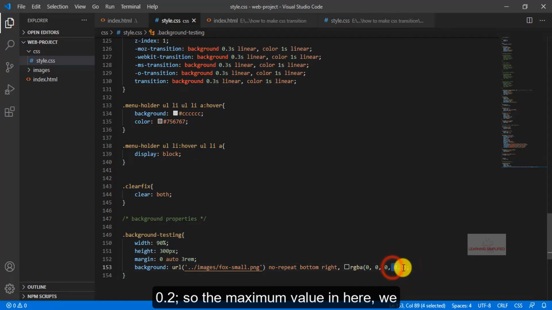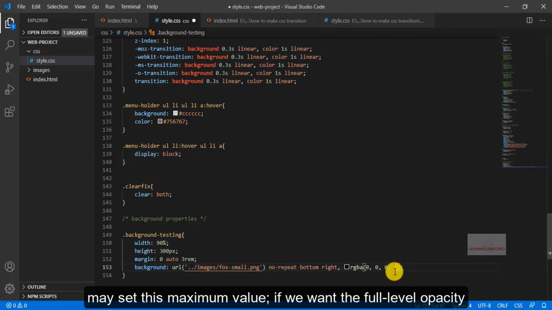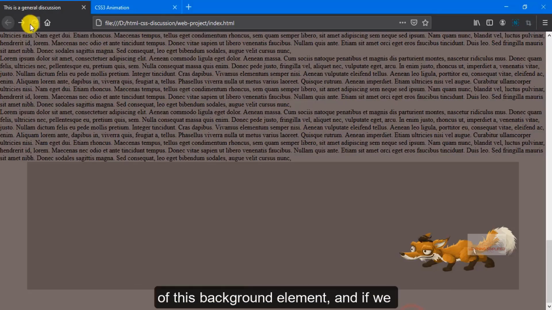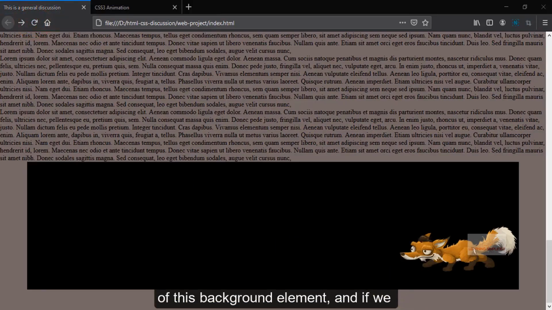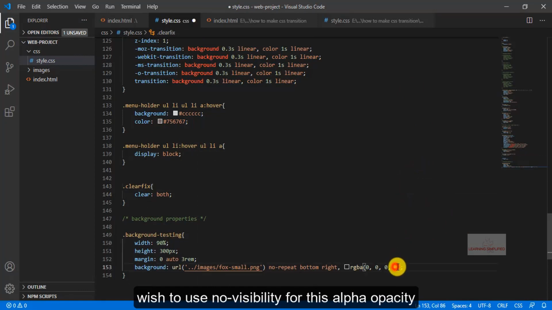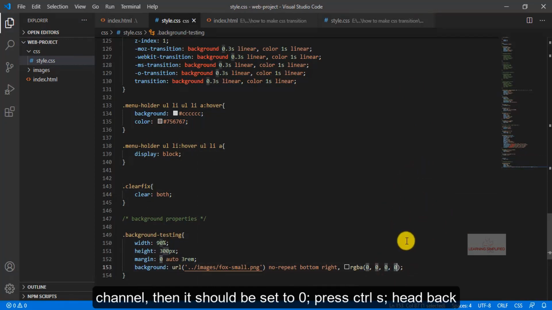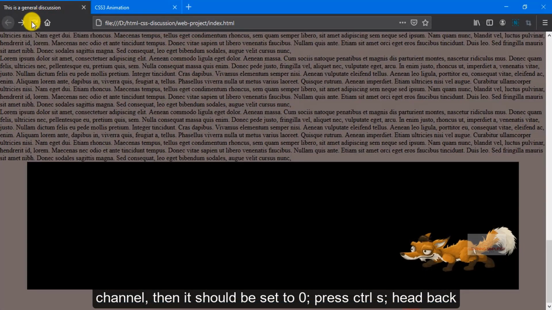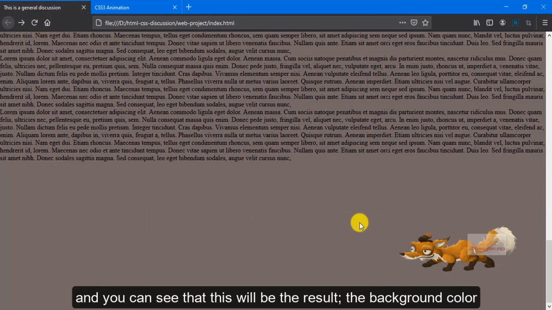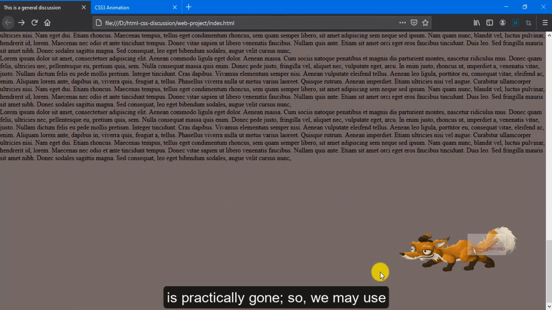The maximum value is 1, if we want the full opacity of this background element. And if we wish to have no visibility for this alpha channel, then it should be set to 0. Press Ctrl S, head back, and you can see that this will be the result. The background color is gone.